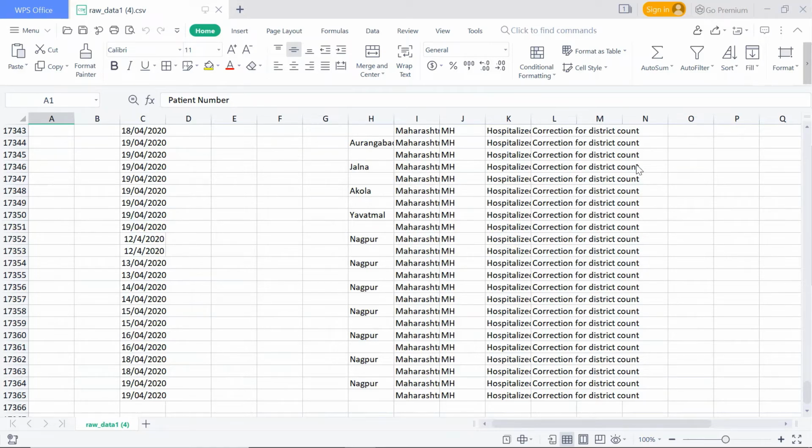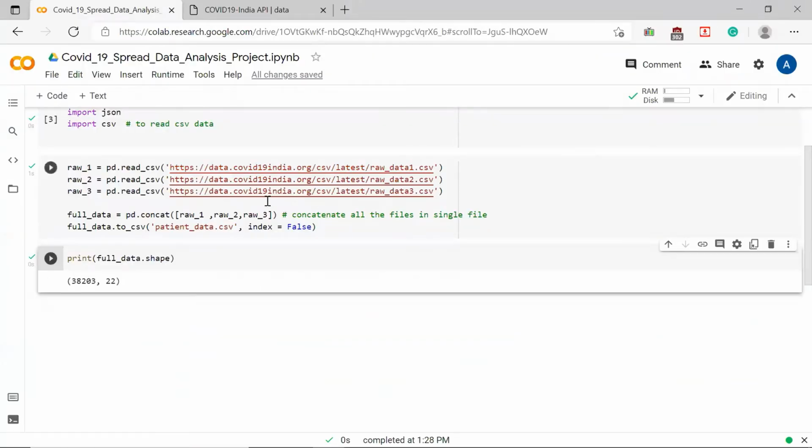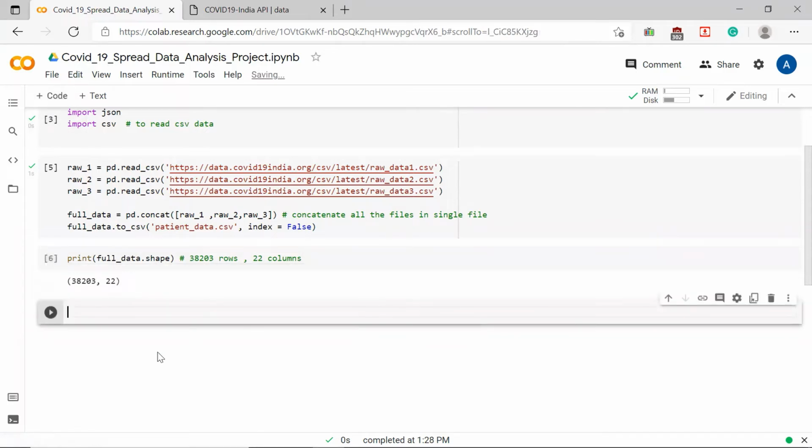So once you concatenate the content of three files, you will get 38,203 rows and 22 columns. So which function do we use for that? We use the dot shape function to check the number of rows and columns.